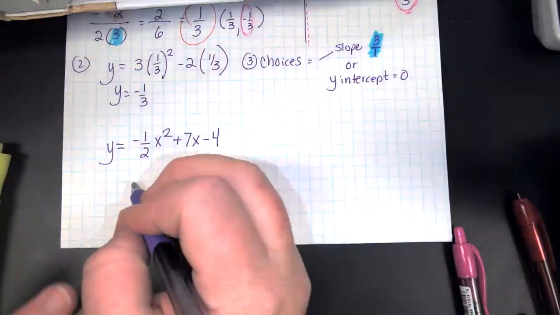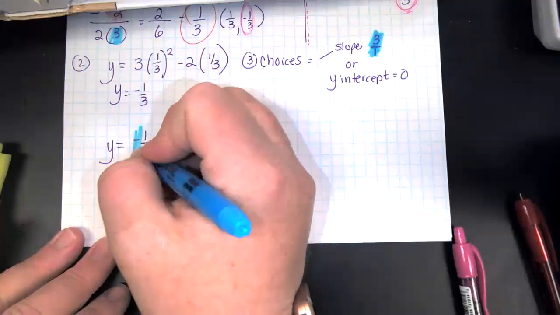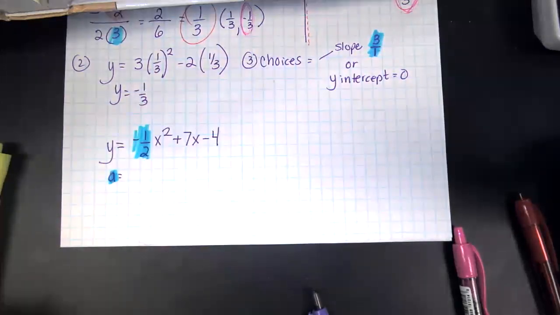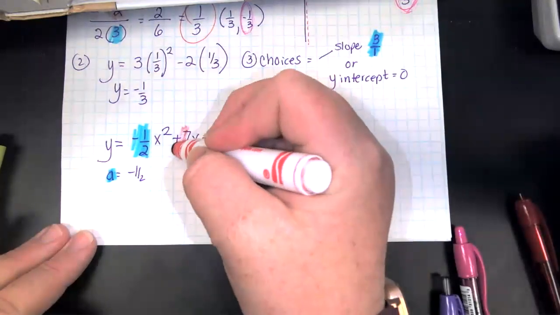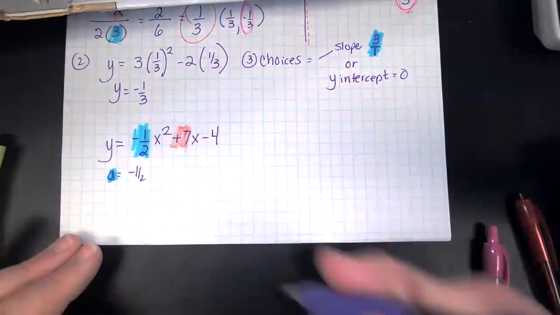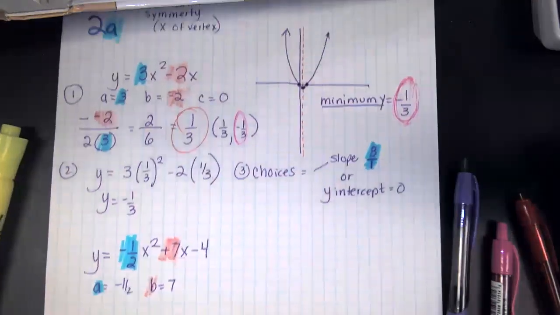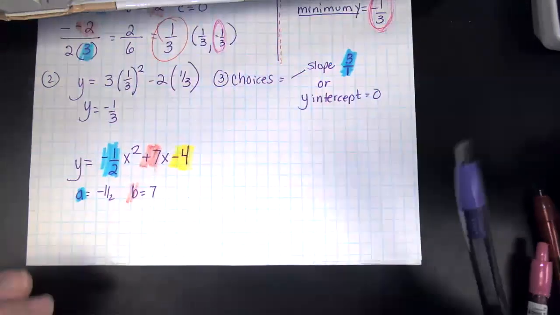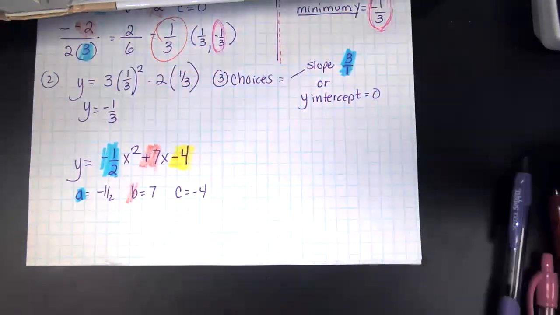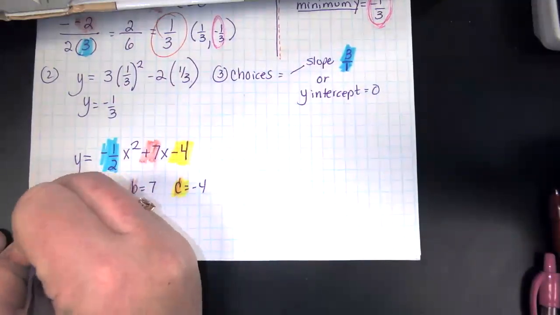Okay, here we go. Let's color code. A, negative 1/2. B, 7. C, what color did I do C? Oh, C was yellow. Okay, so my formula is negative b over 2a,